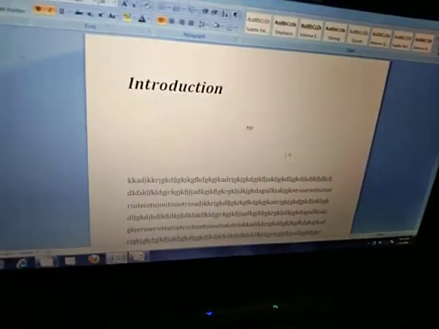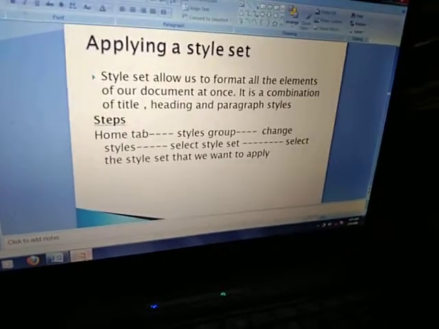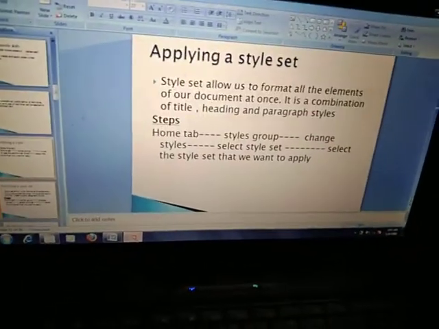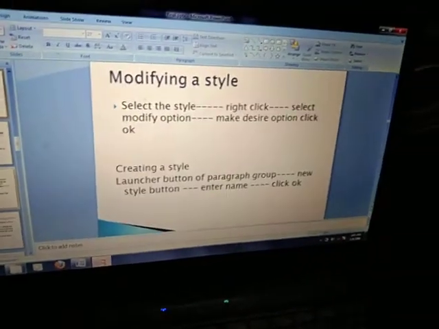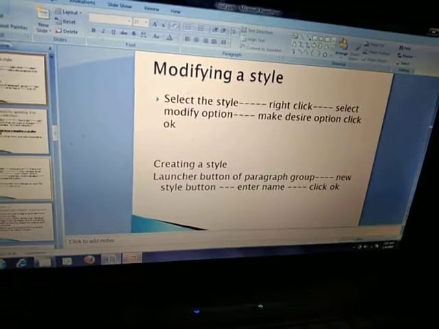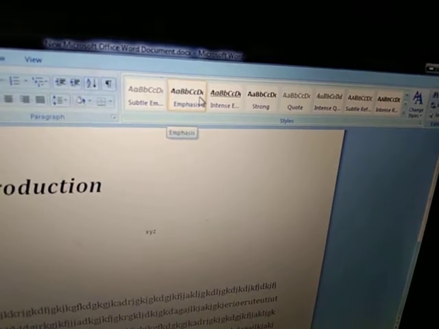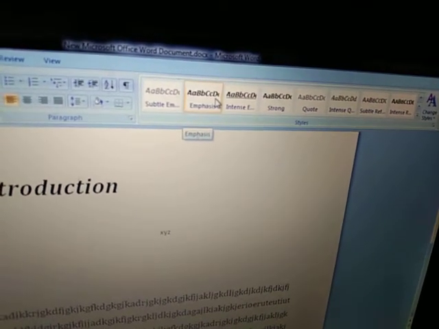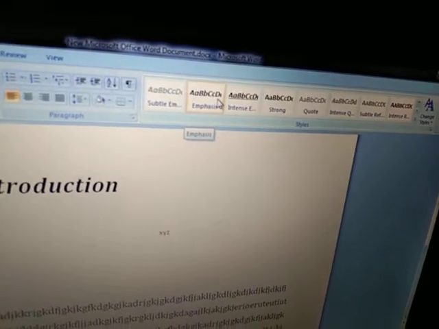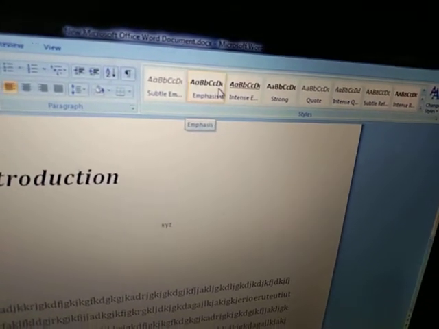Okay. Now our next topic is, these two we have already discussed in our yesterday's class also. Our today's topic is modifying a style. Ma'am, this style is very good. I like this style. But the color in this style, if in place of this some other color is there, then it will look more beautiful. Means I want to do the modification in style. How we can do?